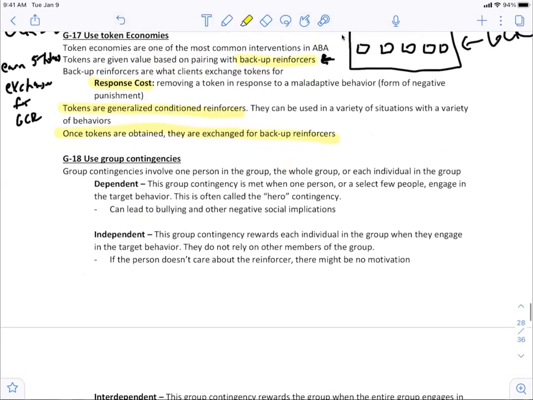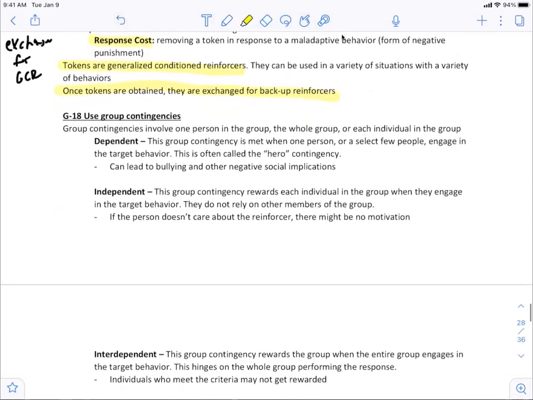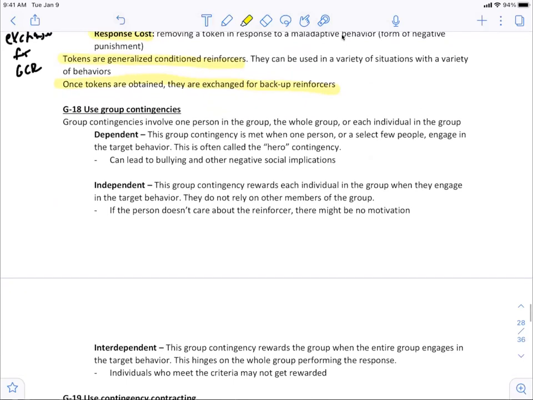All right, group contingencies. We have 3 different types we will talk about. Group contingencies involve one person in a group, the whole group, or each individual in the group. Keyword, group. What are our 3? We have dependent. The group contingency is met when one person or a select few people engage in the target behavior. Meaning, if one person, or let's say 3 out of 10 people, meet the requirement, the whole group gets